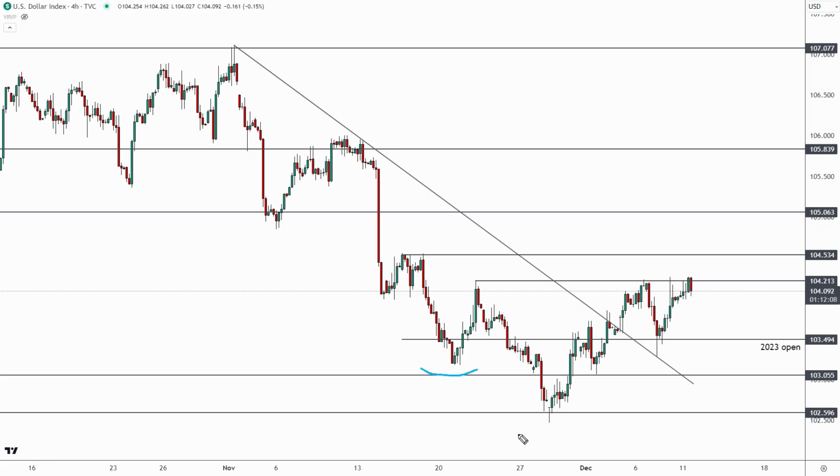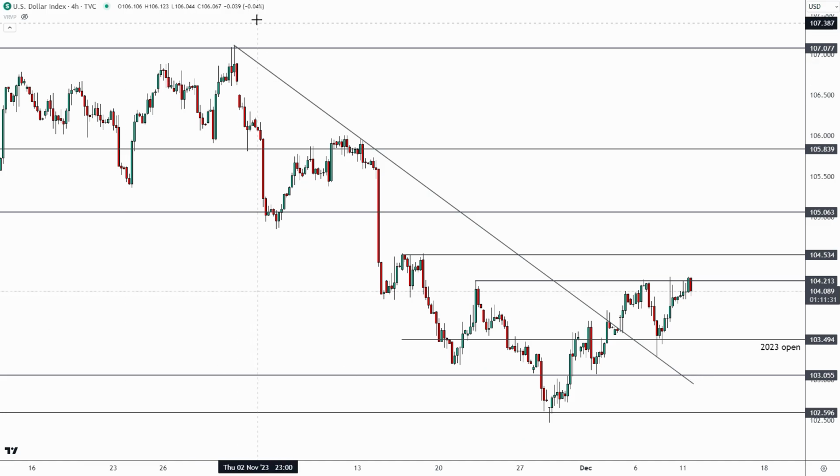So this right here could be an inverse head and shoulders, but again, the market has to get above this area up here. If we see a sustained break above this, that pattern is confirmed, and the objective is up here around 105.80. Now, alternatively, if we see the dollar continue down here, either sweep this area following FOMC or just continue down here, take out this low, then I think the odds of an inverse head and shoulders are a lot less than if we see the market hold above this recent low down here, just below 103.50.